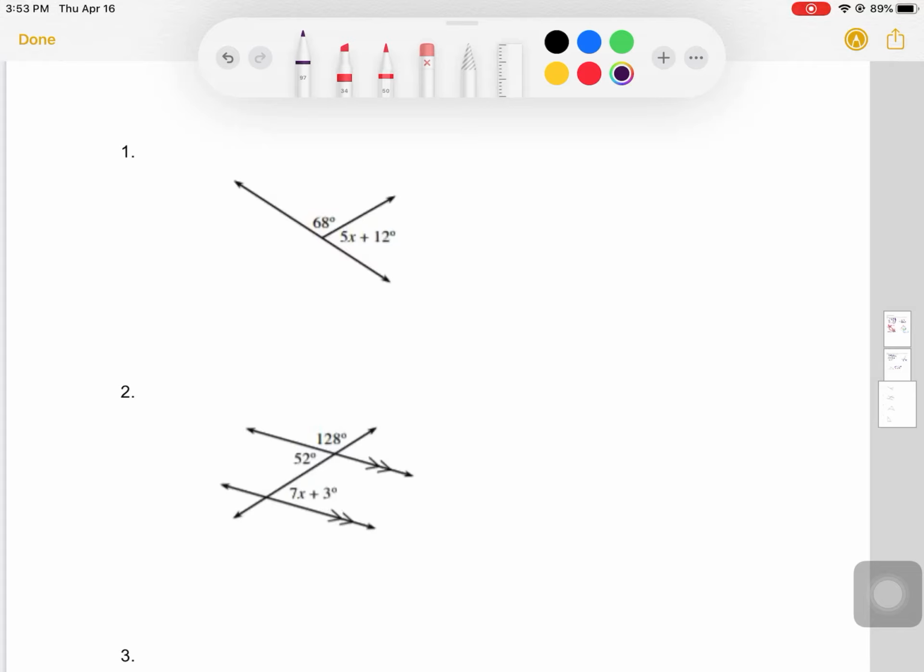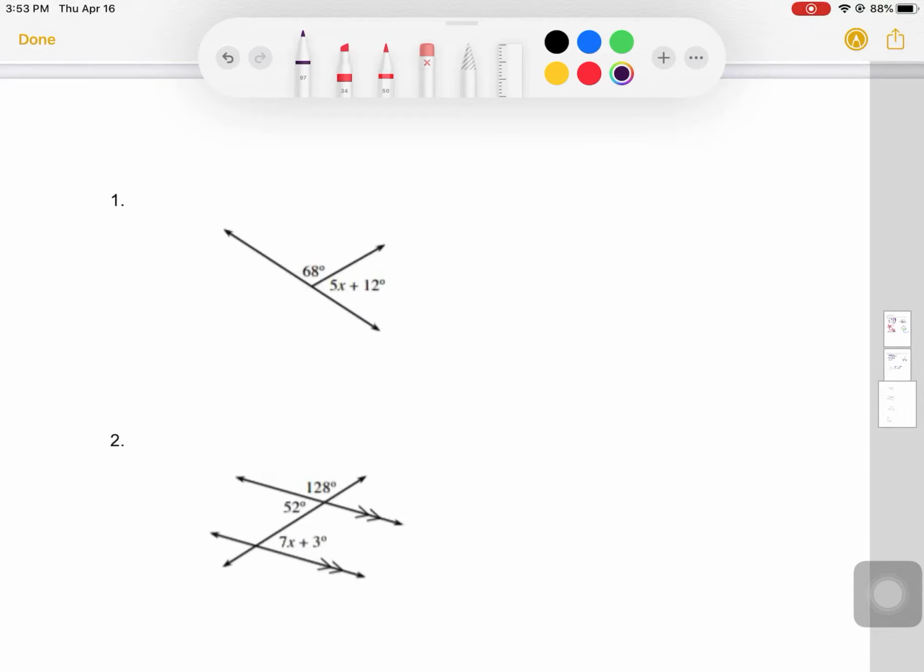Now I'm going to scroll down. I've attached some review problems, and again, these are going to be similar to the checkout problems that you have coming for a grade on Wednesday. So if you want, you could go through these 4 on your own first. You could stop the video right here and go through and solve them, and then watch and see if you get the right answer. And that would be your way of practicing, or you can just follow along and work along with me. For this first problem,